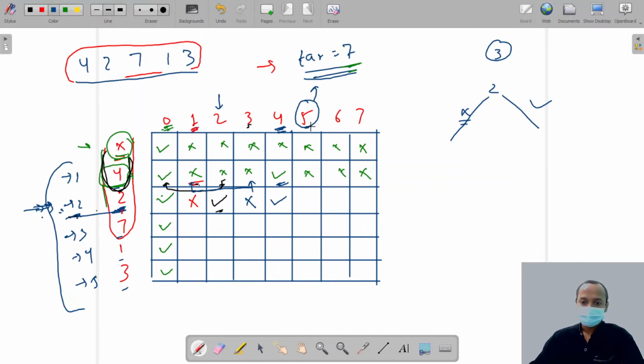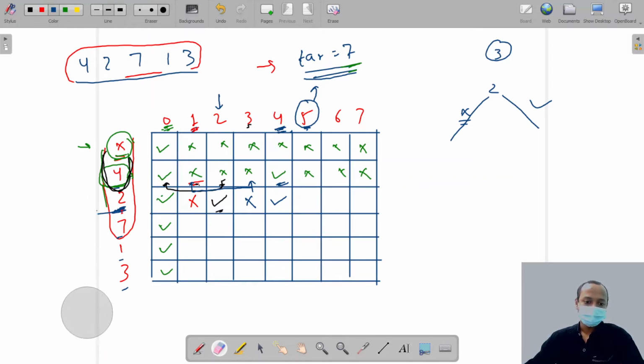Now we talk about 5. So now the target is 5, then we have 2 choices. I'm just going to increase this so you don't get confused. Okay, so let's see. This player has 2 choices.